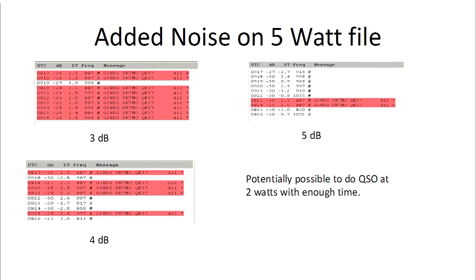Now, you can use this added noise technique to see what would happen with this 5-watt signal if you add 3 dB of added noise. Now, what I do here is I use the same file, I just put a different time number on it, and add the noise to it.